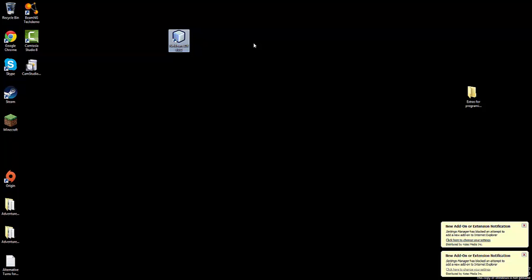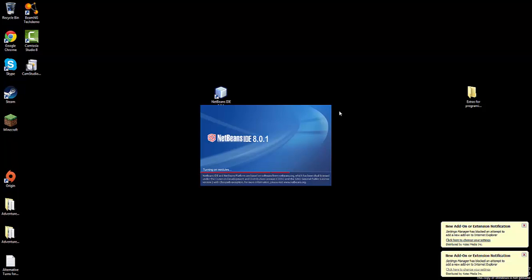So, what you need to do is get this program called NetBeans IDE, and I will provide a download link in the description. It's a very basic installation. All you have to do is click it, go to the install manager. Very simple. So what we'll do is you'll open up NetBeans,